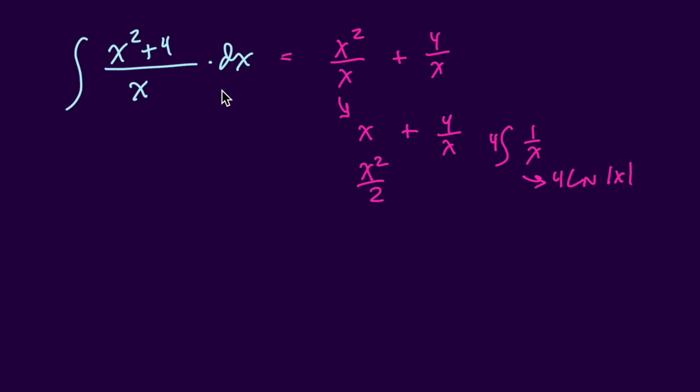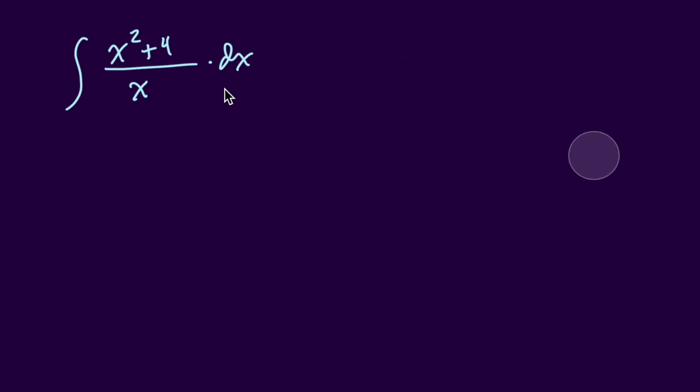Okay, but there's another way to do this. If this doesn't jump out at you, you can use long division here. And of course, when you use long division, you have to have a higher degree on the top than on the bottom. So we'll put the dividend inside the shoebox and leave the divisor outside. And when we do our